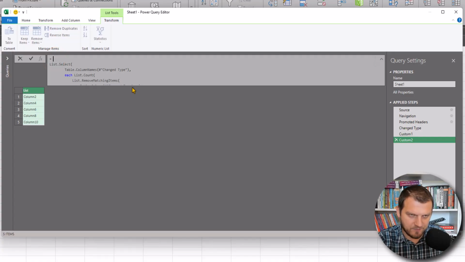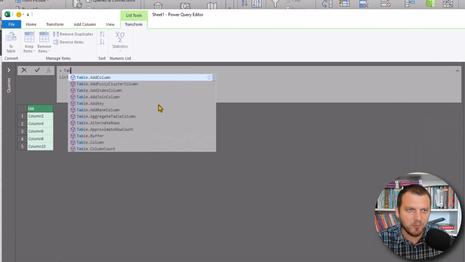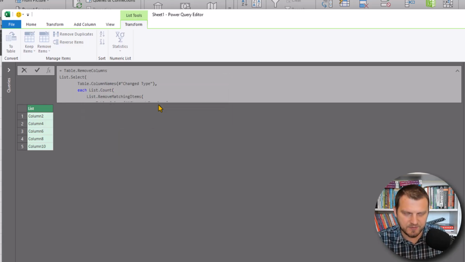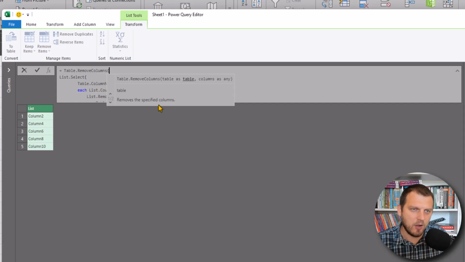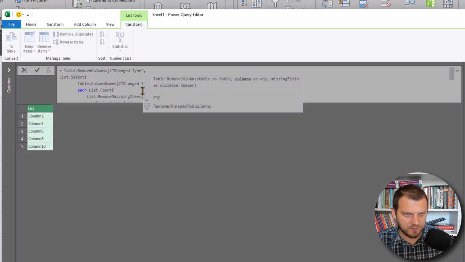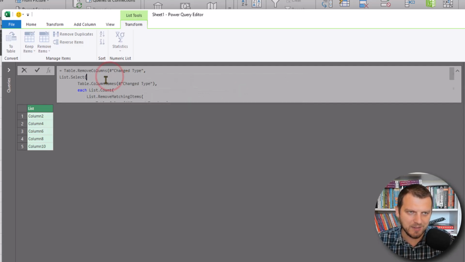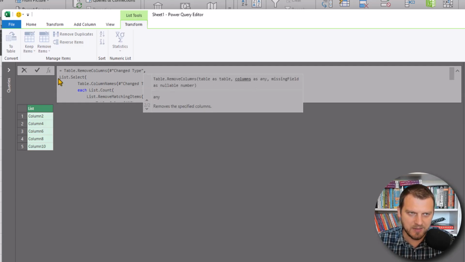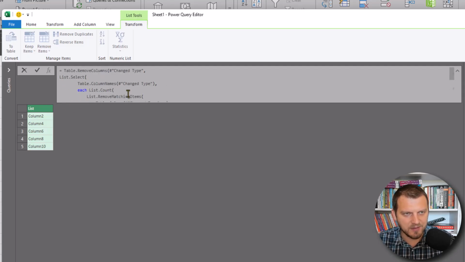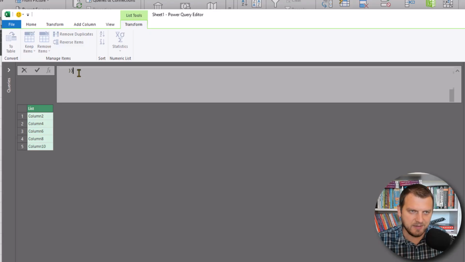So let's write this time, not copy, Table.RemoveColumns, and we want to remove column from the step change type. So this will be our table. So the values from change type, it's our whole table, and we want to remove, see, columns. Then list columns, this last part will give us a result, and I need one more parenthesis at the end,